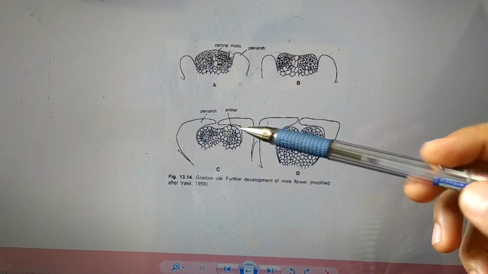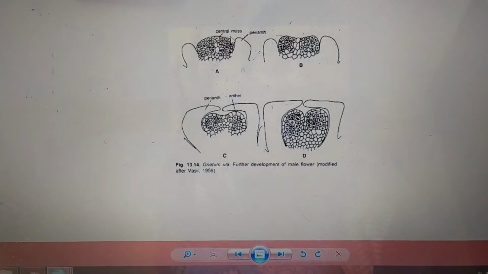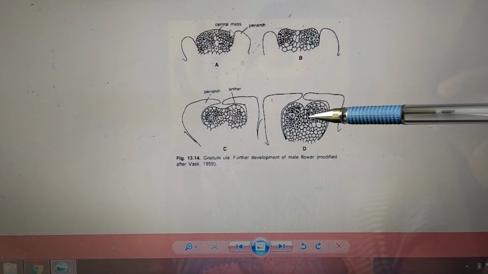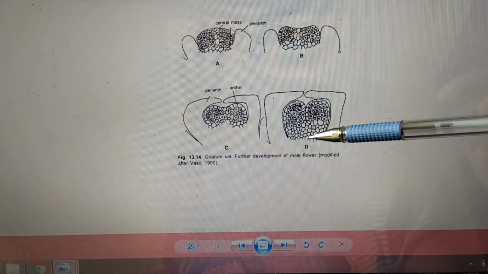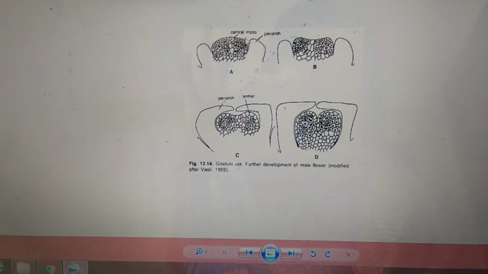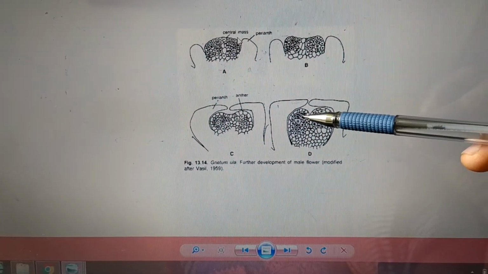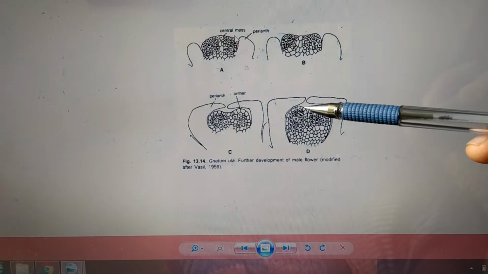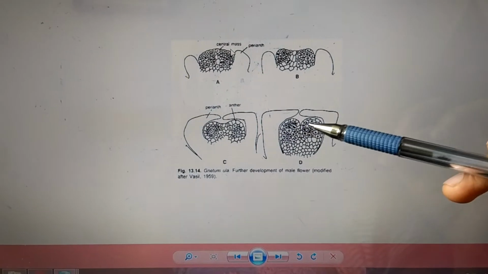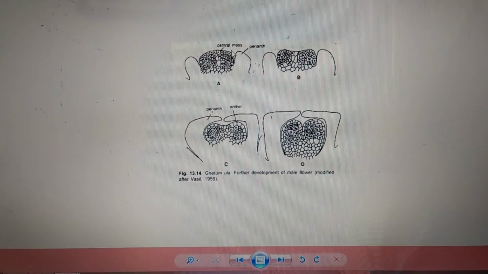So we have perianth followed by this depression. Further steps are not clear here. This is going to form the stalk, these cells, whereas these lobe cells are going to differentiate and form what is called an archisporial cell. The archisporial cell is going to divide periclinally, leading to formation of parietal as well as sporogenous cells. This is also not mentioned here. That's the reason I have made that flow chart, which makes things very easy and clear.